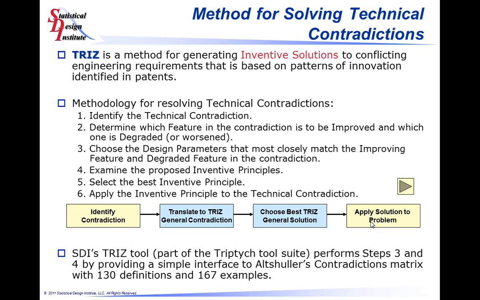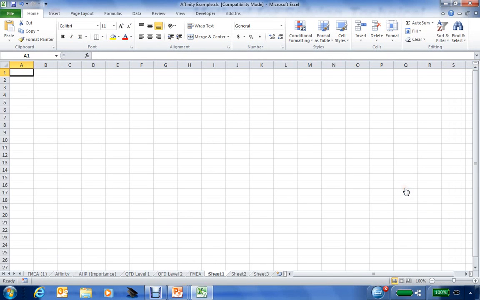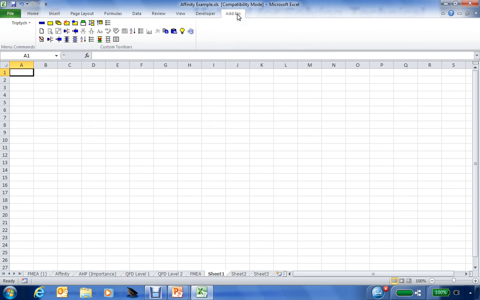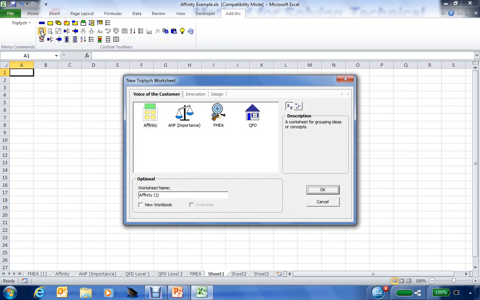So let's go investigate how the TRIZ method can be implemented using the SDI Tools Triptych software. Here we're in a standard Excel workbook where we have the SDI Tools Triptych software enabled as an add-in within Excel. And what we will do is go to the new worksheet, and we'll identify where we can select the TRIZ method, which is on the Innovation tab of this new Triptych worksheet window. We'll select the TRIZ session